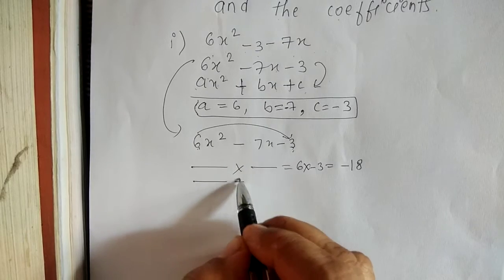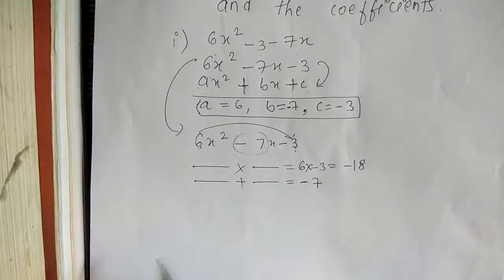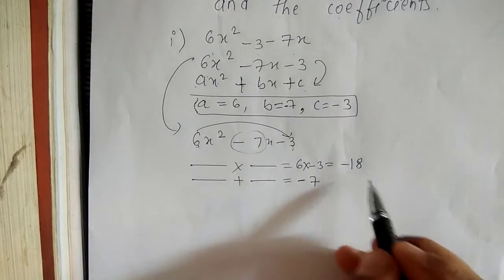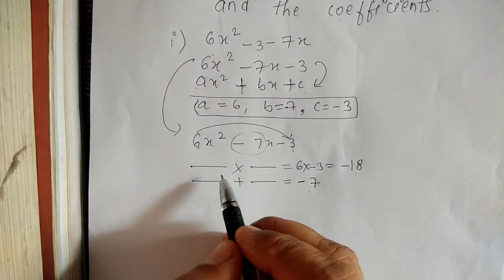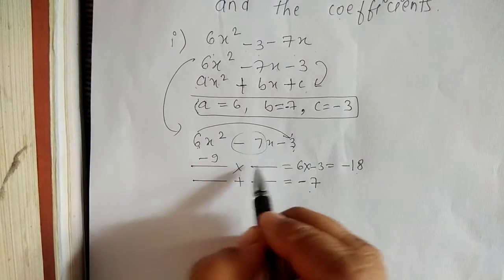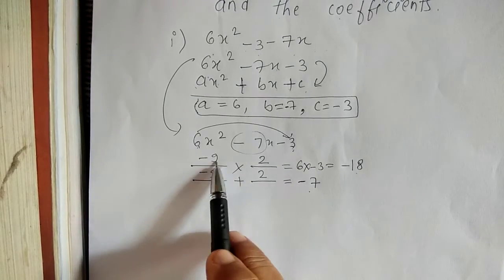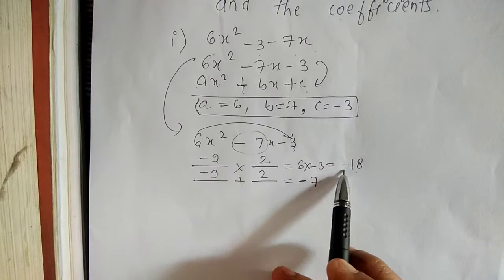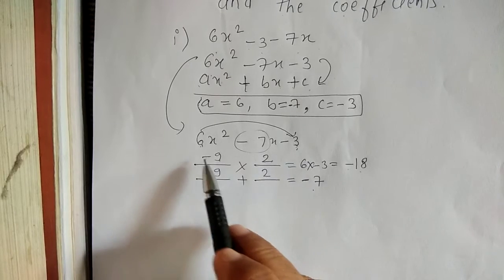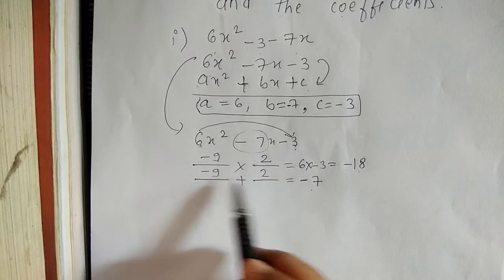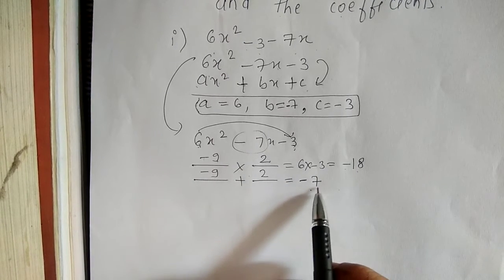And we have to write the same integers to get the middle term, that is minus 7. Can anyone tell me how to factorize 18 to get the sum of those integers as minus 7? Yes, we can write it as minus 9 into 2. 9 twos are 18, minus plus minus. A single minus will be minus itself because to make positive sign we need 2 minus. Here minus 9 plus 2 will give you minus 7 because different signs are there, we have to subtract. So we got here minus 7.